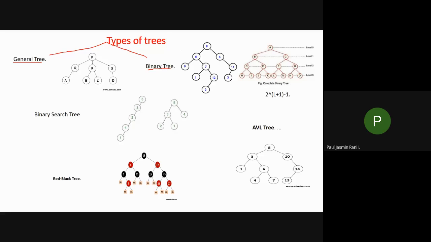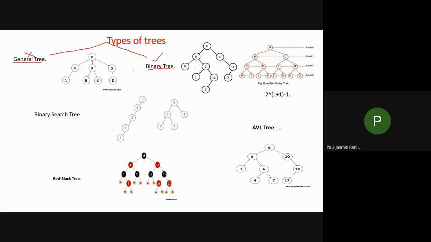Okay, you can have n number of branches connected to a particular node. We call it a general tree. Suppose you have a restriction that at most you can have only 2 branches in a particular node, then I can call that type of tree a binary tree. So that is the difference between a general tree and a binary tree. And in our third unit we are going to concentrate only on the binary tree, not the general tree.